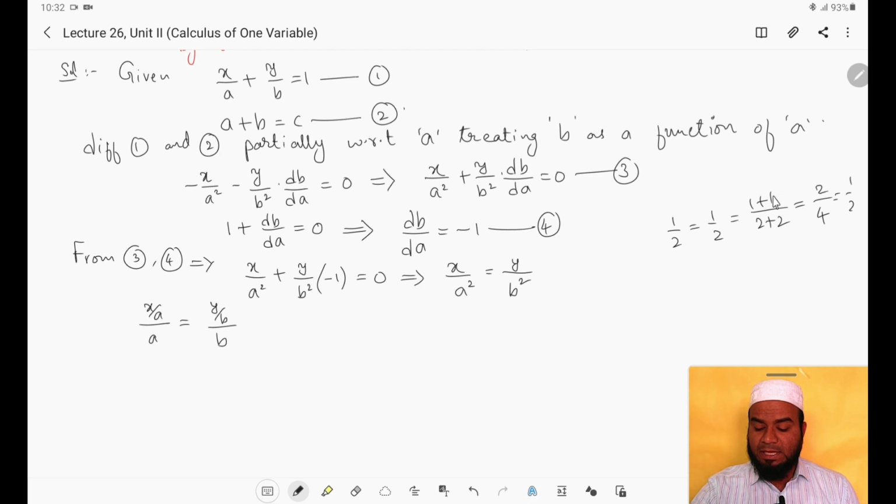So what I want to say is, when two fractions are equal, then numerators can be added to form a numerator of something else, and denominators can also be added like this. So we can write this equal to x by a plus y by b over a plus b, right? I can write like this, because for any fractions, when I add the numerators, that is 1 plus 1, and when I add the denominators 2 plus 2, whatever result we get is 1 by 2, no?